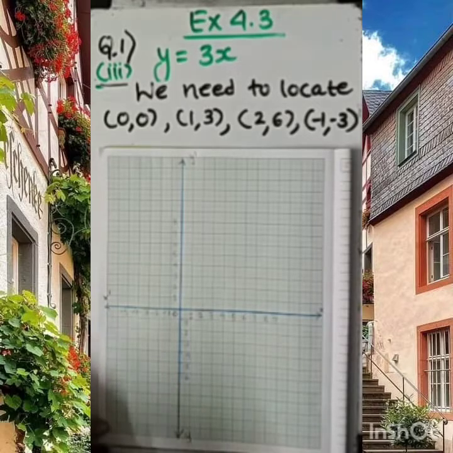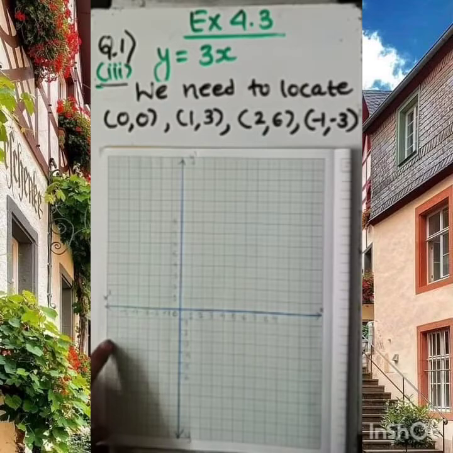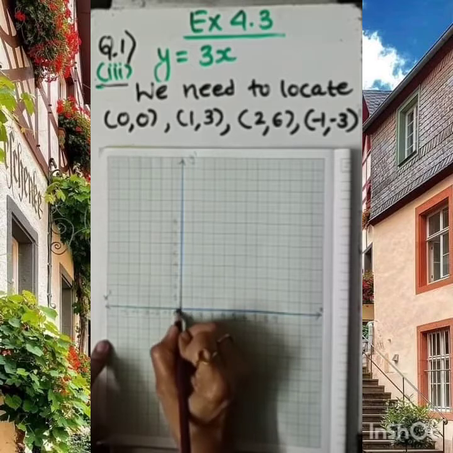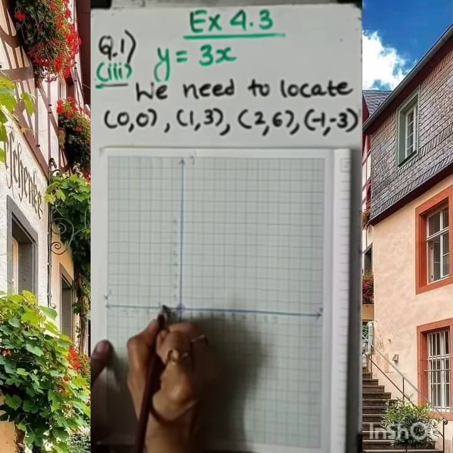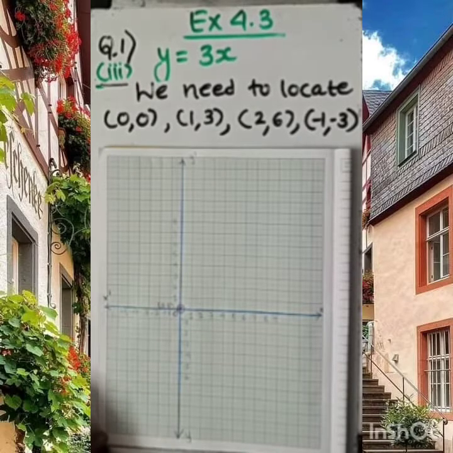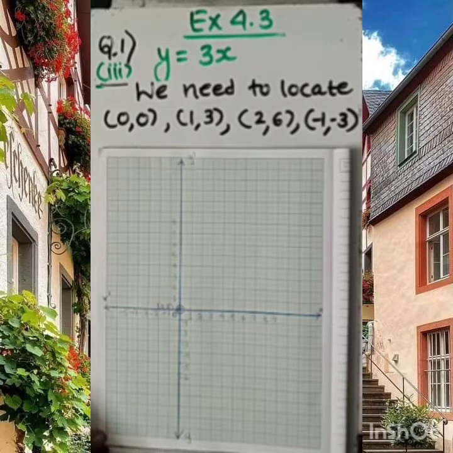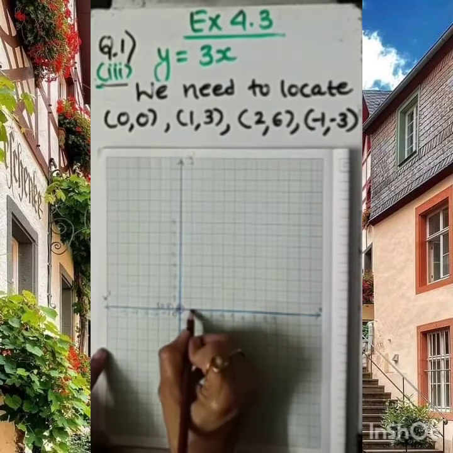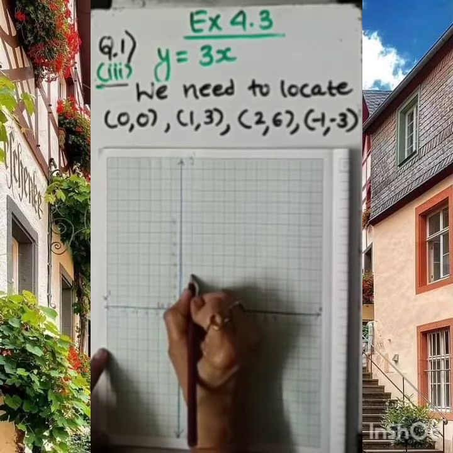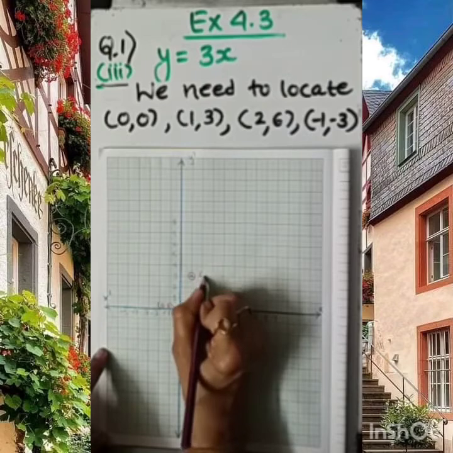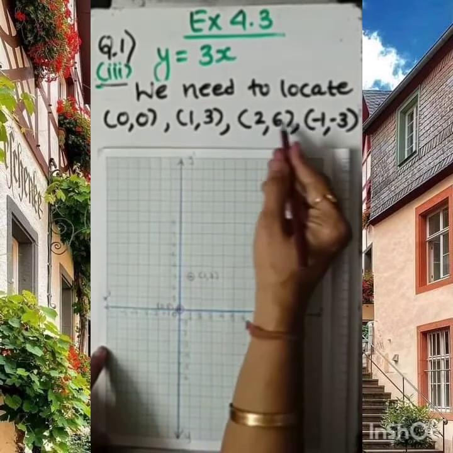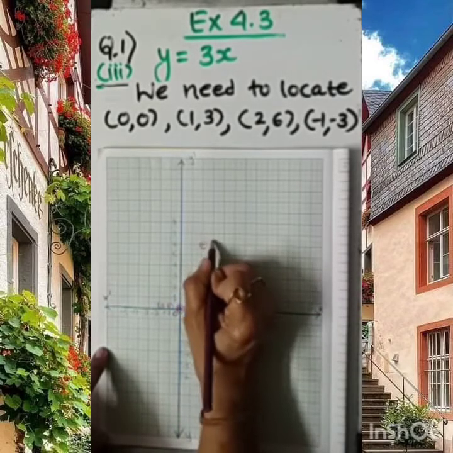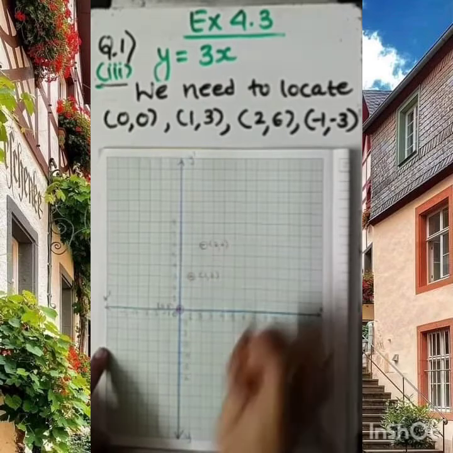The first point which we have to mention on a graph paper is 0 comma 0. Dear student, 0 comma 0 is the origin, you know, right? These are the coordinates of the origin. So we can say the line will pass through the origin. Here, 1 comma 3 must lie in the first quadrant: from the x-axis it is 1 and from the y-axis it is 3. So the point will be located here somewhere, 1 comma 3. 2 comma 6: 2 on the x-axis and 6 will be here somewhere. So I need to mention 2 comma 6 here.